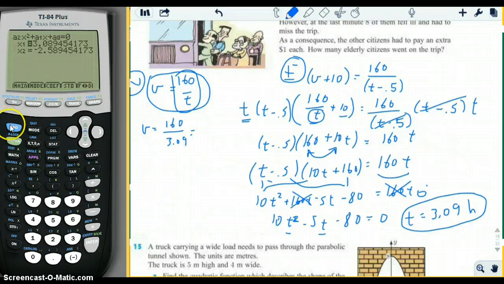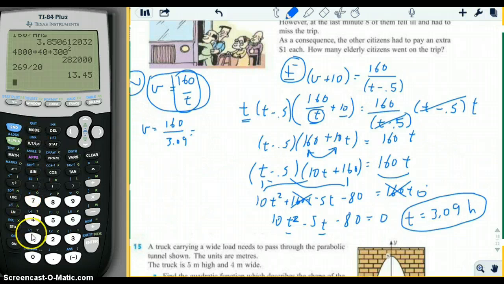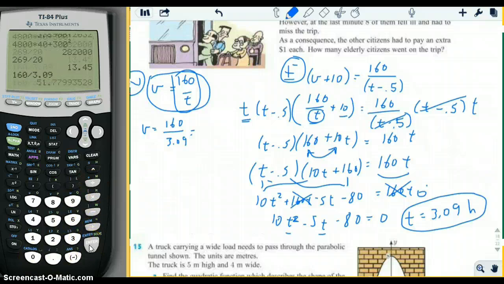So let's get out of PlySmlt, and we are going to take 160 and divide it by 3.09 hours, and it gives us a velocity of 51.78 or 51.8 kilometers